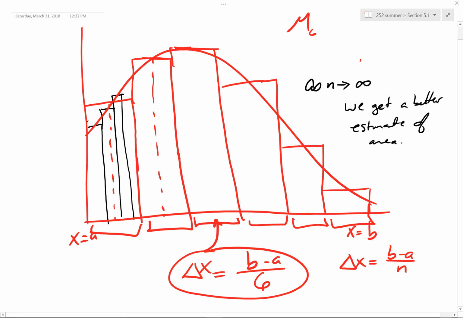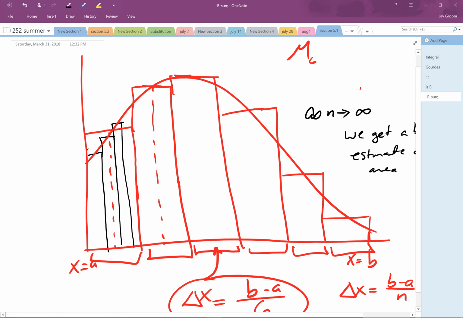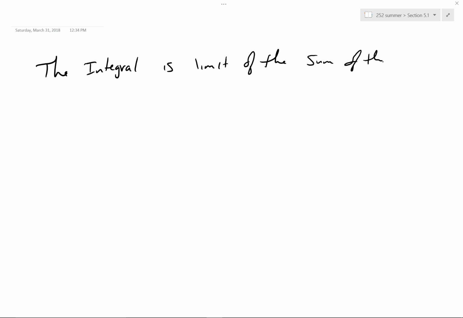Okay, that's fact. And in fact, that is one of the 2 definitions of what you could say for the integral. It is the limit, the integral, which I'm just going to write as the integral for right now. Later on, we'll come back and define it a little bit better. The integral is the limit of the sum of the rectangles